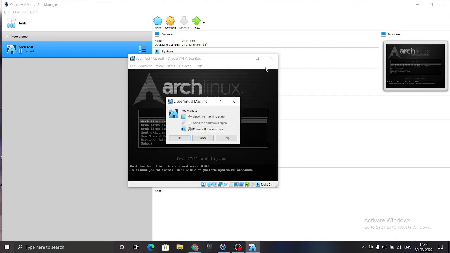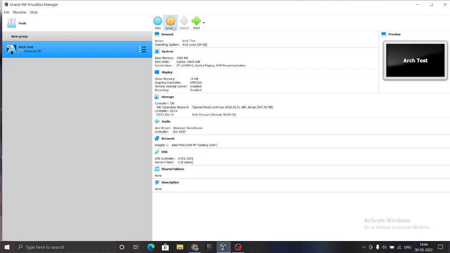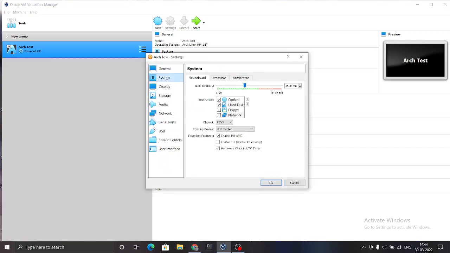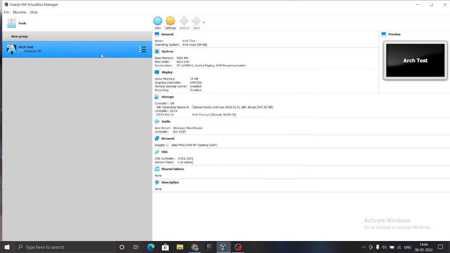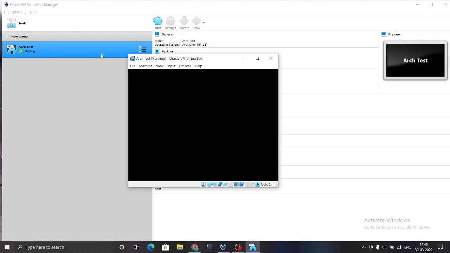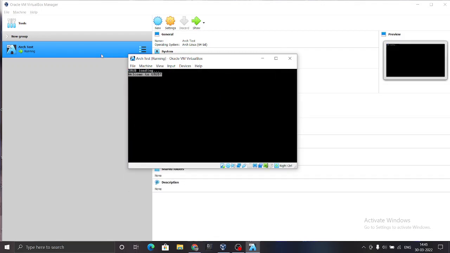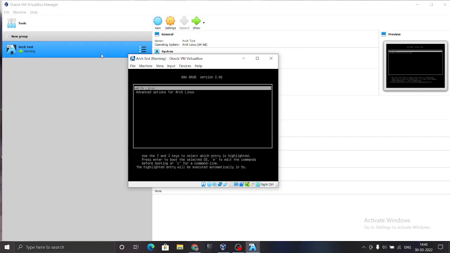First of all, let me power off this machine. We'll change the boot order and uncheck the options for floppy disk and optical disk. I've already unchecked the floppy one, and I'll move the hard disk up with the move up button. So it will just boot from the hard disk, and its priority is set to the top. Let me now start the box, and we should be welcomed with the GRUB bootloader that we installed in the previous video. There we go, that's GRUB.